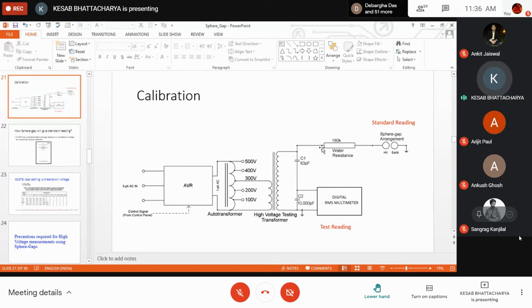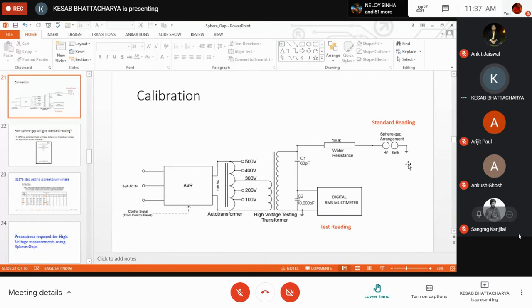Had there been no resistance here, then the HT supply from the end of the transformer would have been connected directly to the high voltage sphere, and in the event of occurrence of an arc short circuiting the two spheres, the high voltage would have been directly connected to ground, creating a deadly situation, a dead short circuit in the system, and huge current would have been flowing through all the equipments, and the chance of damage to all such equipments would have been much higher.